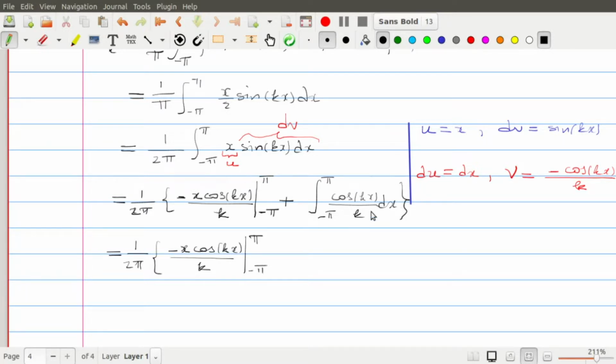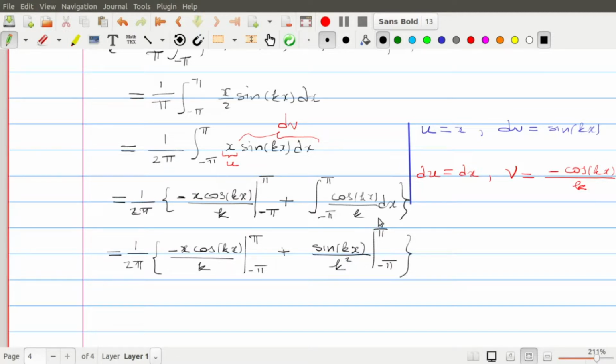Now if we compute the antiderivative of this, this will be sine kx, the antiderivative of the denominator, by k. With this k again, you get k squared, and that is evaluated at this point. So this is what we finally obtain,